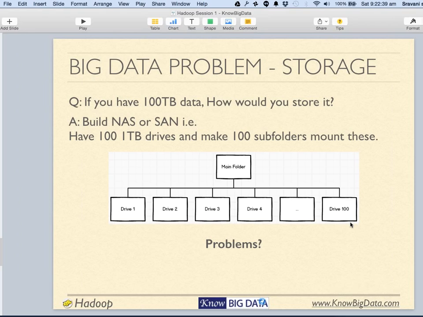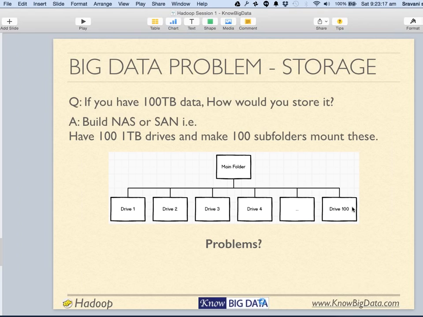No? Do you see any problems with this approach? So all you did was connect these 100 hard drives onto multiple computers, and then connected those computers in a network. Then you map each network hard drive onto folders, and you have this structure. Now you can continue to store your movies in these folders. Do you see any problem with this architecture?